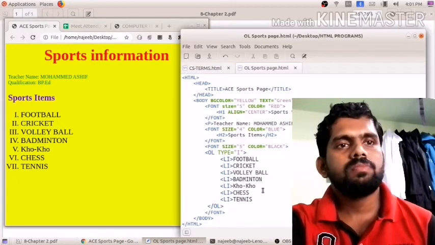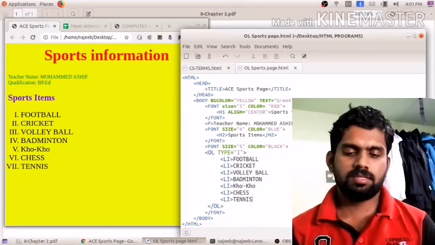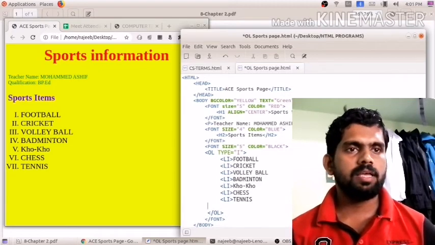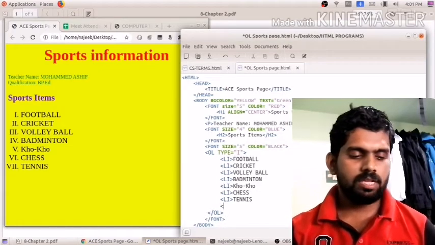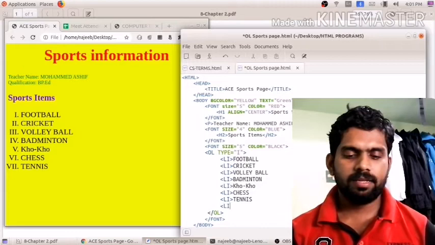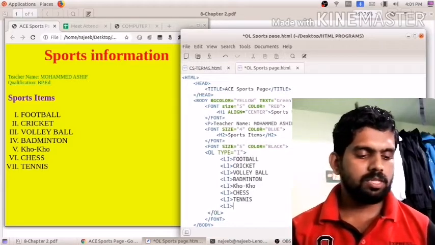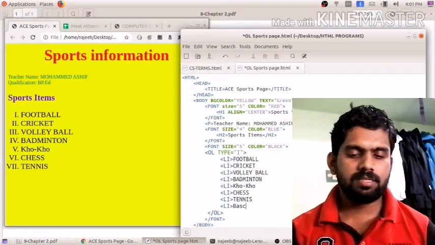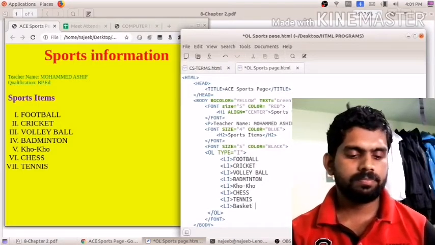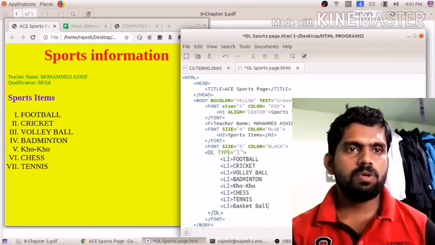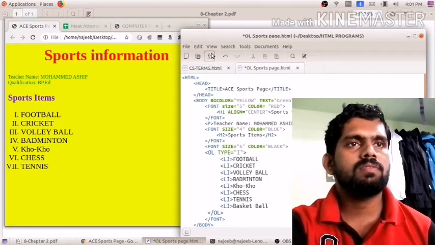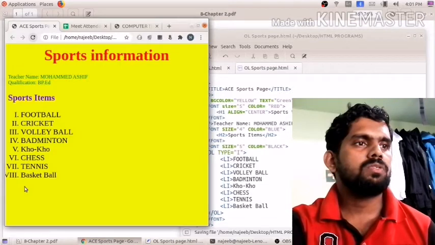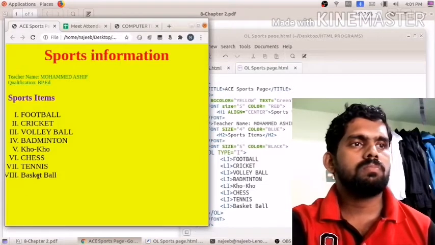If I am putting another list item, an 8th list item here, for that purpose I can use LI, which is the same as used in the UL tag also. So in the OL tag also we are using the LI tag. I am writing the next one, basketball. So the 8th item will be added. Then save the document, reload the page. You see 8 is basketball.